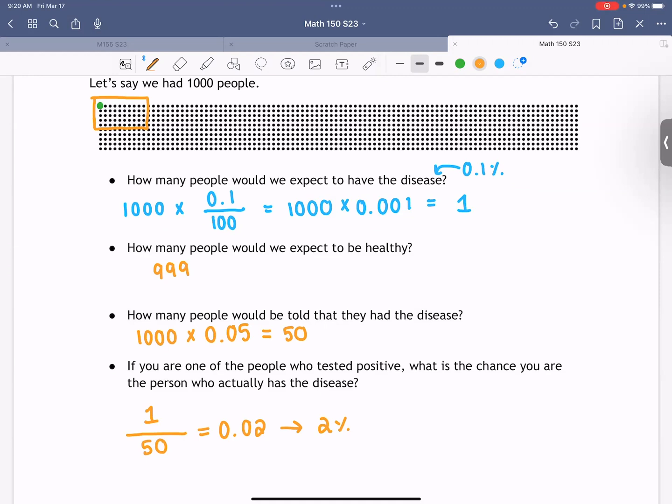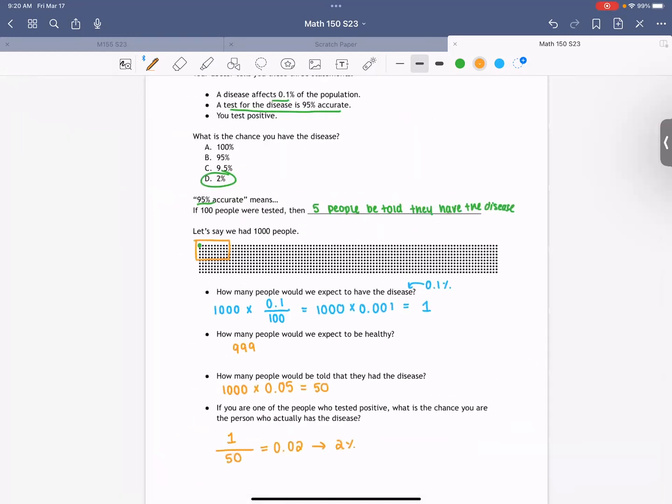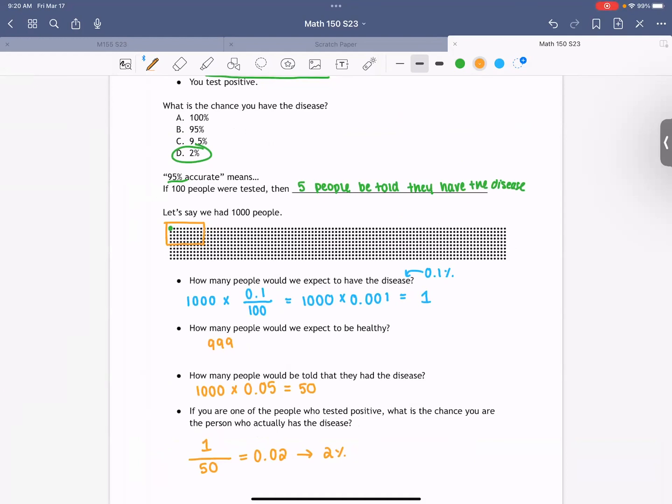What I want you to get out of this exercise is finding these probabilities where you have two different pieces of information. I know that there's a 0.1% chance of having the disease, and the test is 95% accurate. Balancing those two different things is extremely difficult. Combining them together and actually getting a probability out of it is really, really hard. I'm going to make it easier. Whenever you do a question like this, where you're trying to find something given that you know something else, it's so much easier to create a table, fill out that table, and then figure out probabilities. It makes it so much easier.